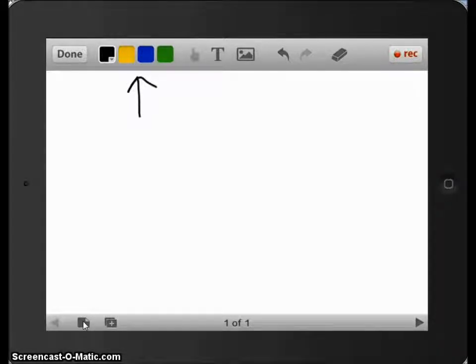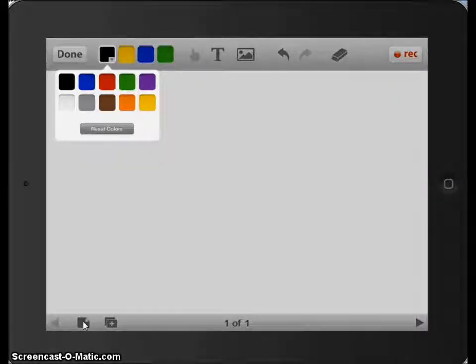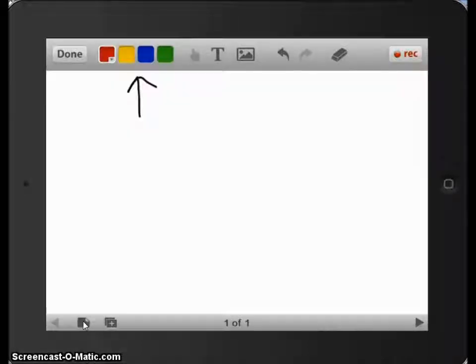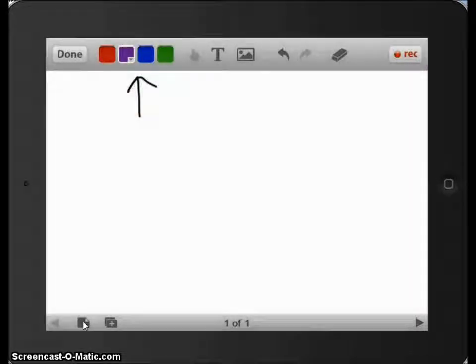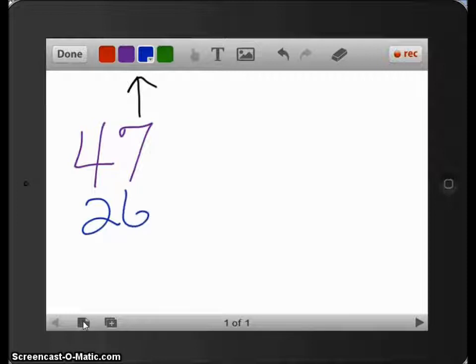And as I said, going back up, you have some color choices for your writing, and you don't just have the 4 that are showing. If you click on the arrow, you actually have a larger palette that you can choose from, and if you just scoot over so the arrow moves across, you can pick the ones that you want to be showing, but you can always get to the other ones just by pulling down that arrow. So if I was going to be making a math problem on my screen, I might do something like this,